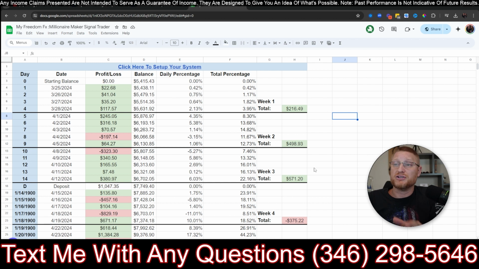We are using a software. That's what our software is on myfreedomfx.com. The software that we're using is actually just, in a way, linking your trading account to ours. It's really just copying the signal that we're sending to it. The second we place a trade, it places it on all of the other accounts that are in our software. So you're just using a software to basically copy off of our trades.